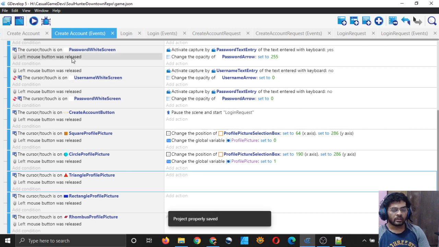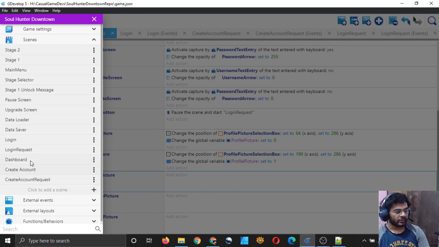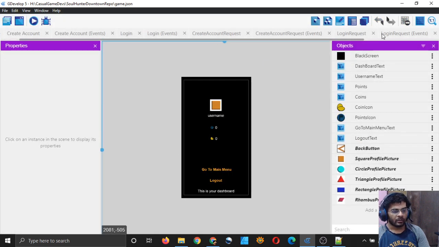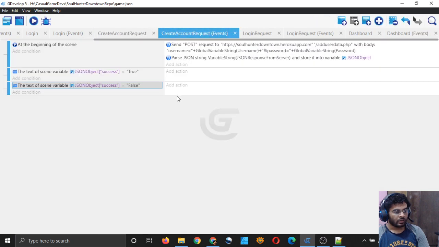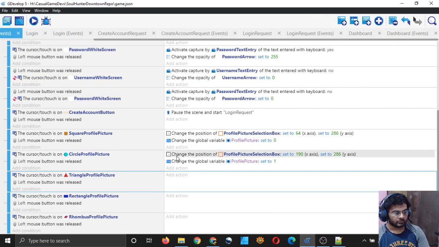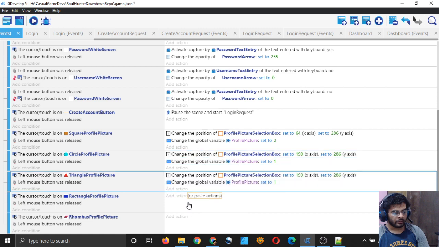Let's see what every profile picture corresponds to by going to our dashboard scene. And in the dashboard events, you can see that 0 is square, 1 is circle, 2 is triangle, 3 is rectangle, 4 is rhombus. So that's good. And yeah, 1 is circle, right? Just copy these two statements and paste them everywhere,